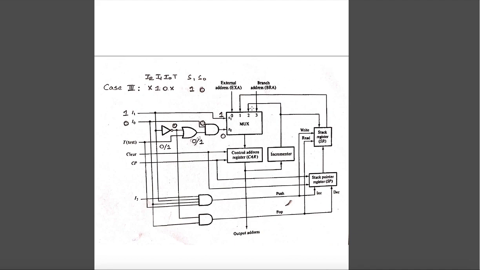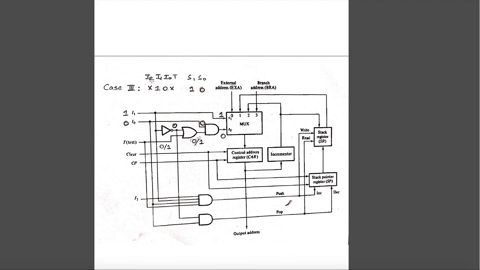So if it is 2, then what is the operation that needs to be performed? It is given to an incrementer. So whatever is the content of this address register CAR is now being incremented to point to the next instruction. The next instruction in the control word memory will be read and executed. So in case of 1 0, it is an increment operation being performed in the control address register. In the first case, it was an external load. In the second case, it was a branching to an address location pointing to the stack, and in the third case it is the increment operation.